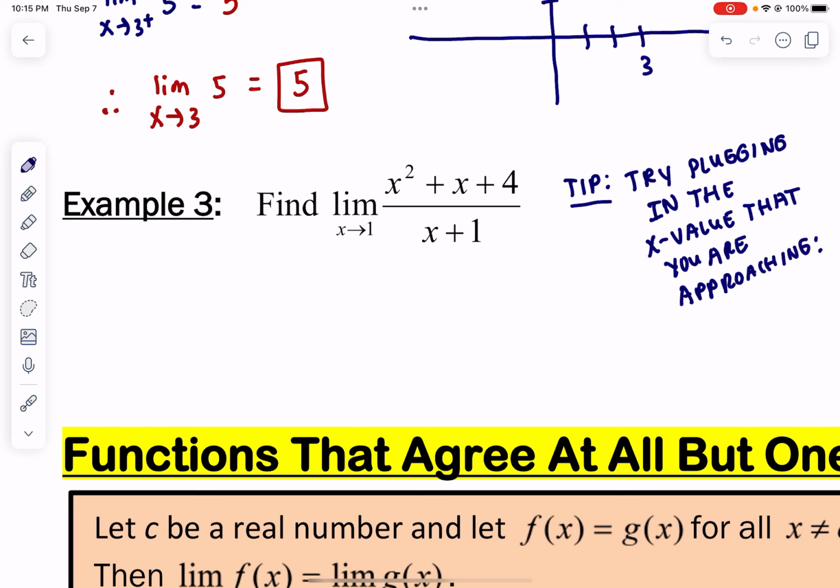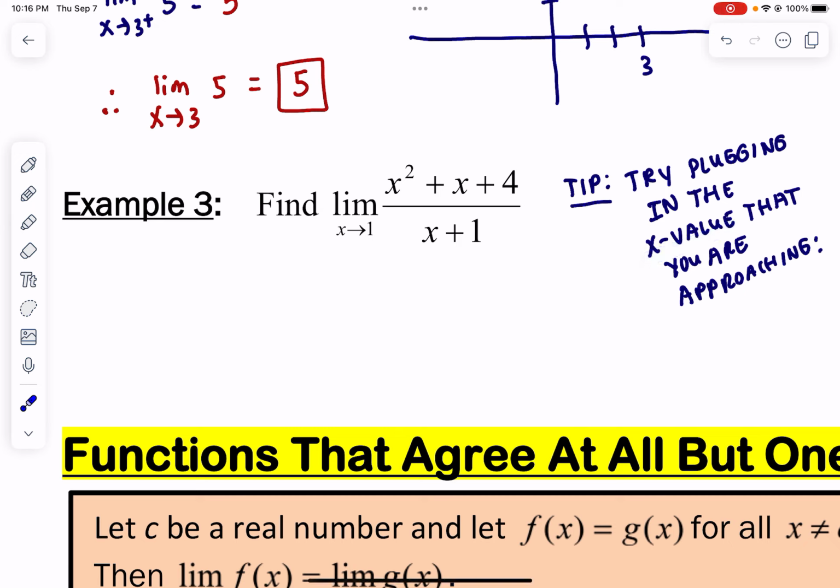Okay, so I always recommend that because sometimes we are able to evaluate the limit directly without having to really factor. And we'll talk about factoring in just a bit, but